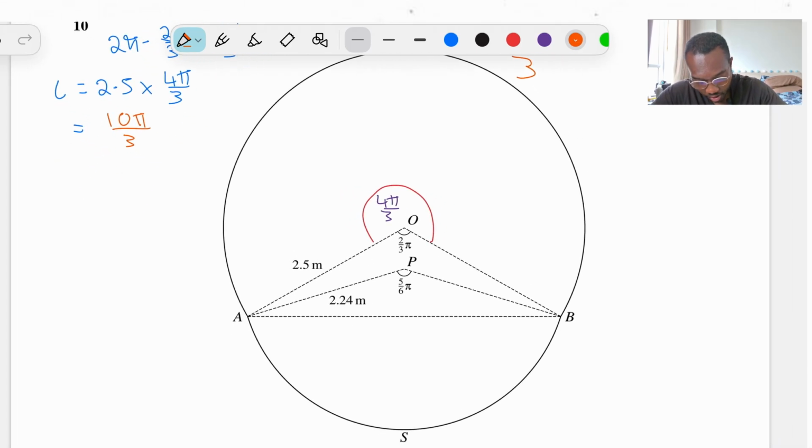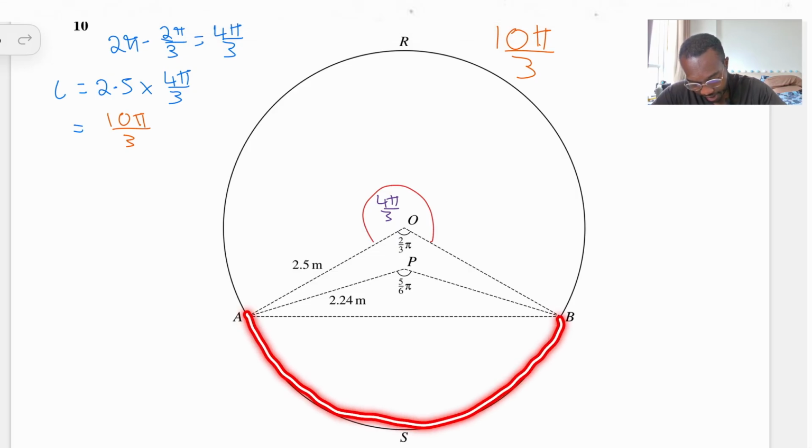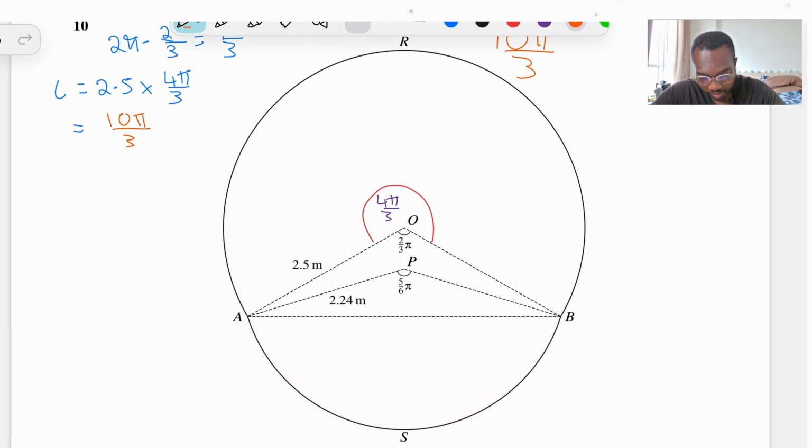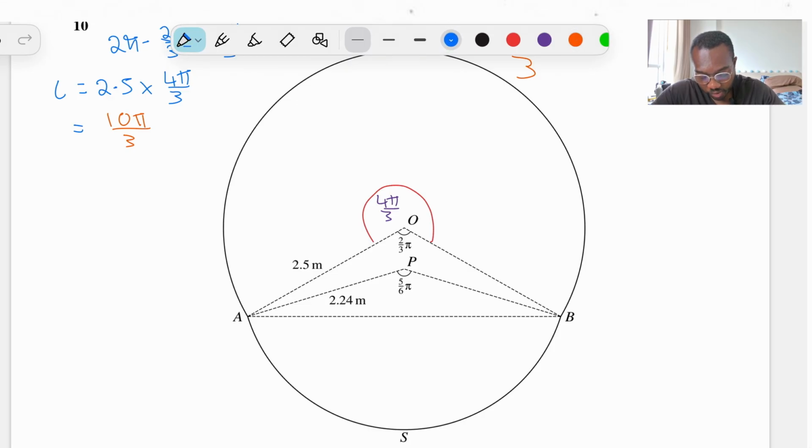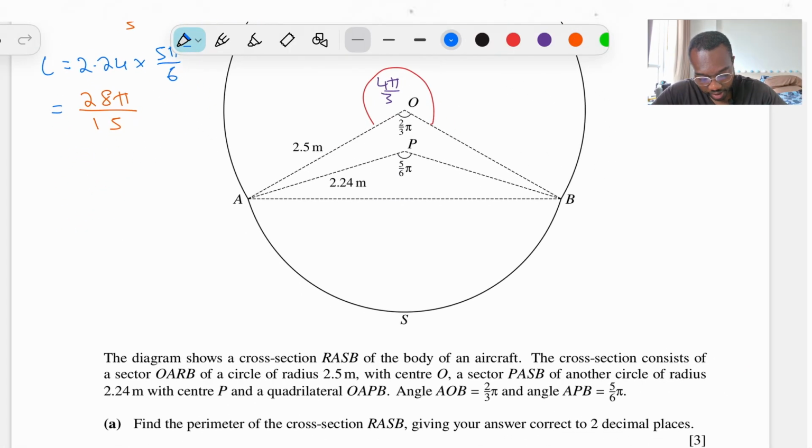Now we need to work out PASB as well, because that will give us the arc length of that ASB line. So we need to work out this length here, and again, fairly simple. Its length is equal to r theta. In this case, we have theta as 5 pi over 6, which is actually what we want, so we can leave it like that. The radius for this one is 2.24, so L is just 2.24 times 5 pi over 6, and you put it into a calculator, you get